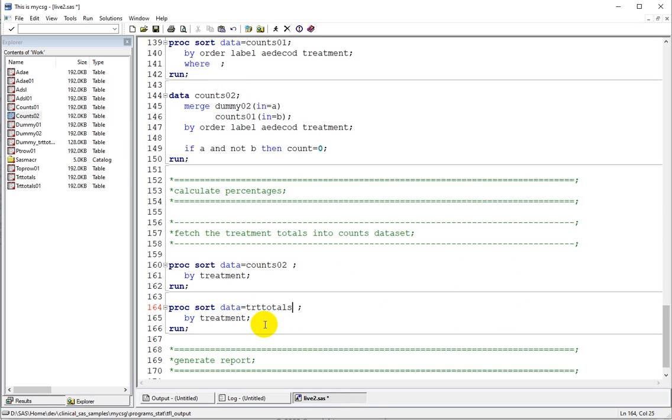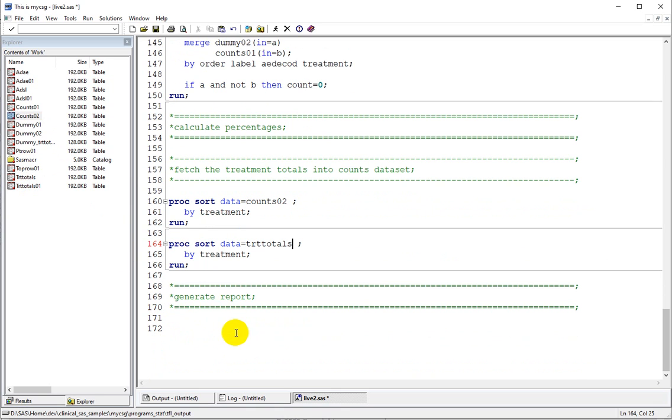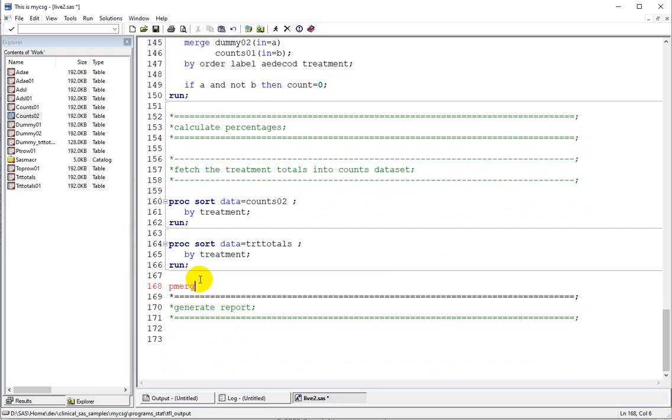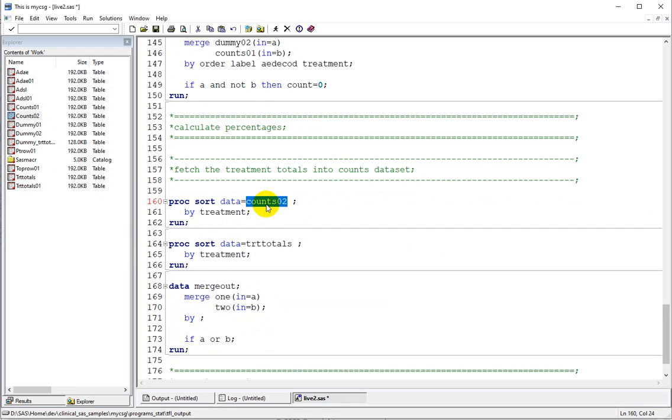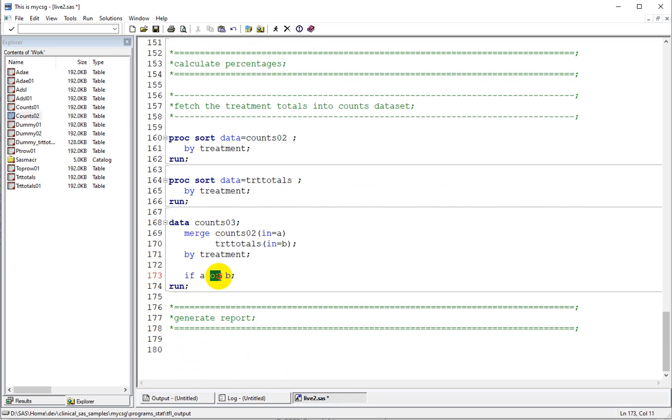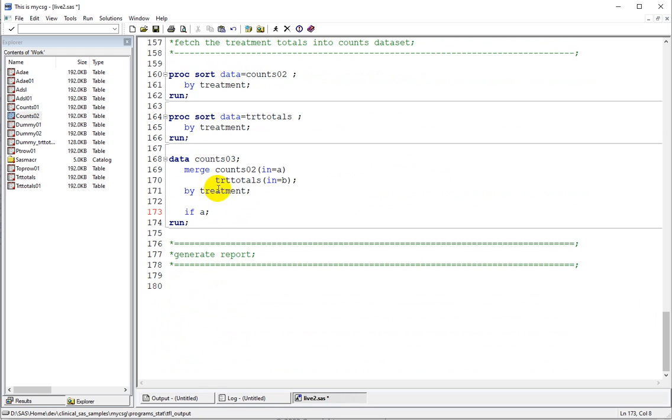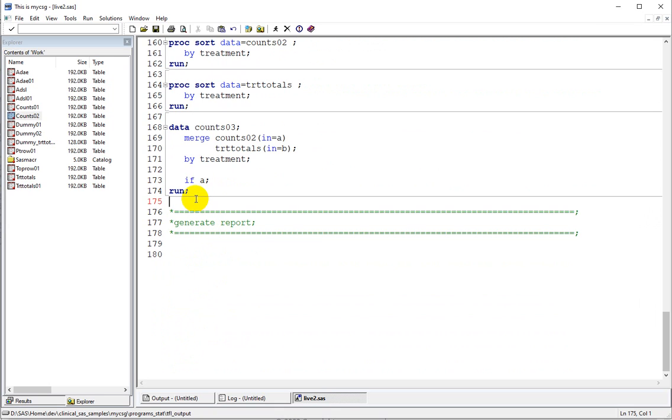We have created a data set which contains the treatment totals with the name of TRT totals. So I am making use of that. And the next step, we need to merge our count02 with our treatment totals with the by variable as treatment. So let's name this output dataset which is coming out of this as count03, and again here we need to keep only the rows which are coming from count02. So I am using a subsetting if statement with if a,